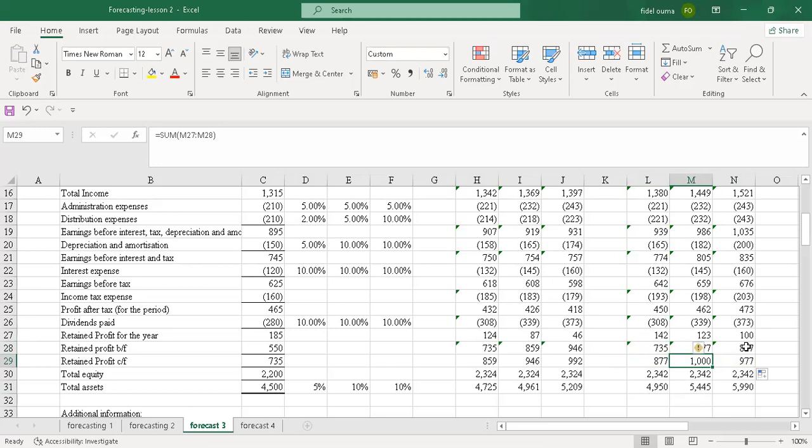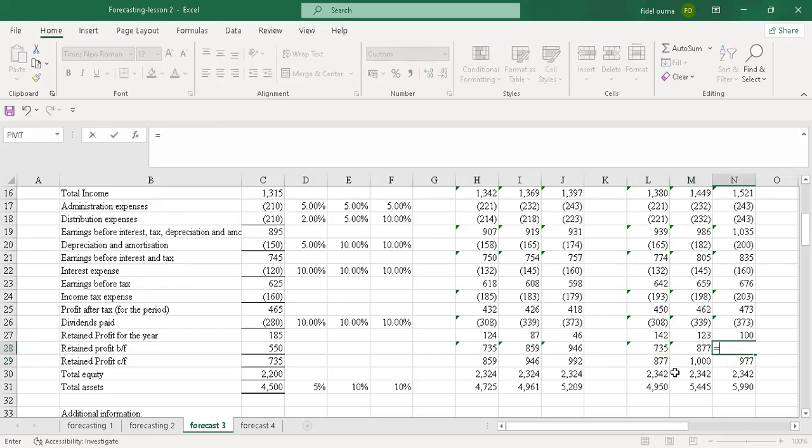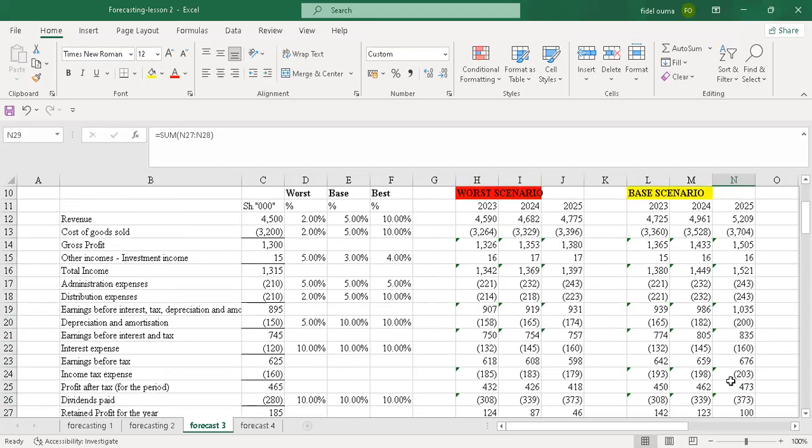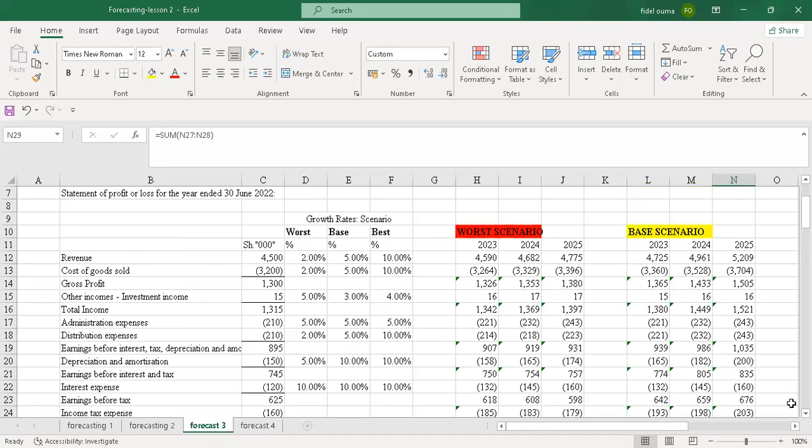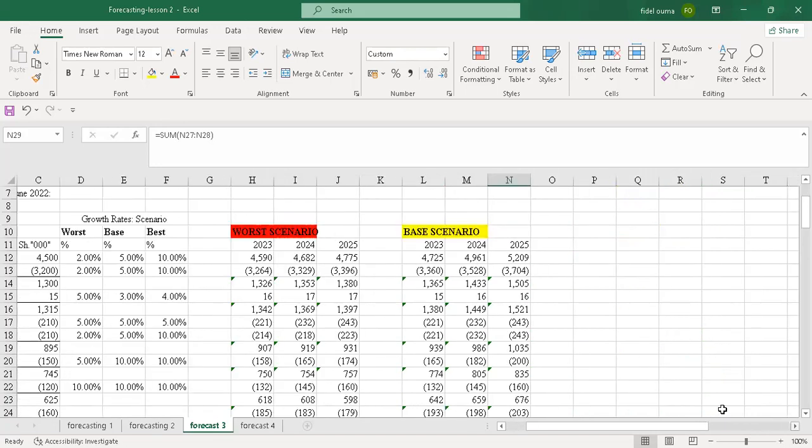So I'll go now to the next year. For this, the retained earning brought forward will be 1,000 because that's the retained earning carried forward for 2024. So I'll just pick it, put it there. When I put it, it's automatically adjusted. So that's all for that. So we'll go to the last scenario, which is